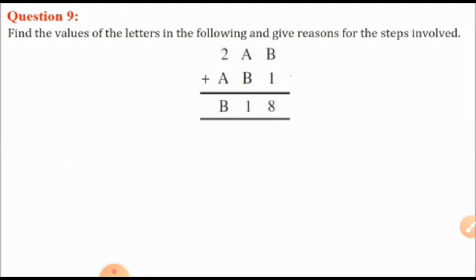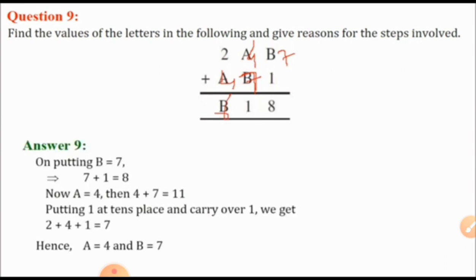3 digits are very easy. A, B, C. Okay. Like that way here A, B and B. Which number should I take that gives me an 8? Simple, 8 only. 7, 7 plus 1 is 8. Again 7, 7 plus 4 is 11, 1 carryover. So whatever I have taken for A is 4. So here my answer: A is equal to 4 and B is equal to 7.